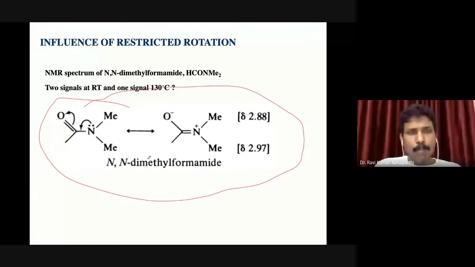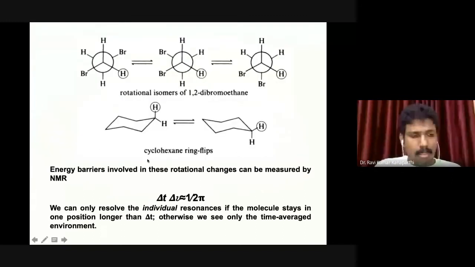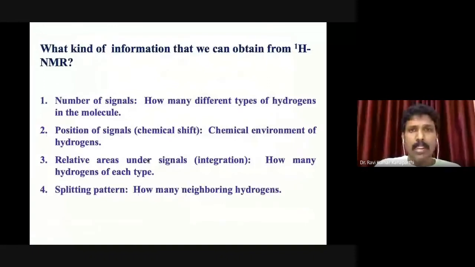Now we'll move on to the actual topic of today's class. An NMR spectrum is nothing but the chemical shift versus the intensity. The chemical shift is plotted on the x-axis, and the intensity of different signals is plotted on the y-axis. Right. So, what exactly will the NMR spectrum give you? What kind of information will a particular NMR spectrum give you?